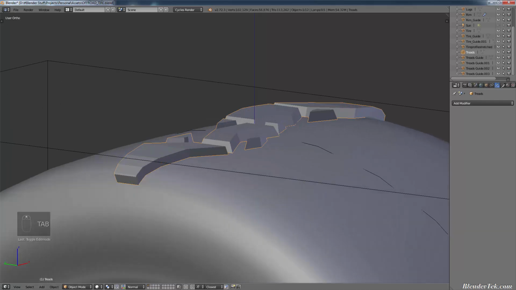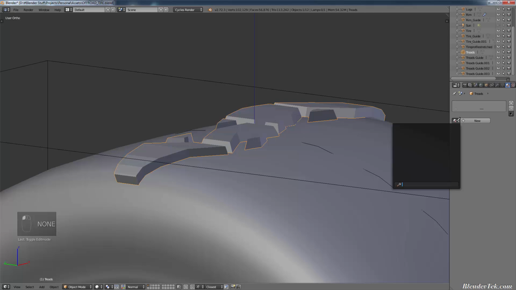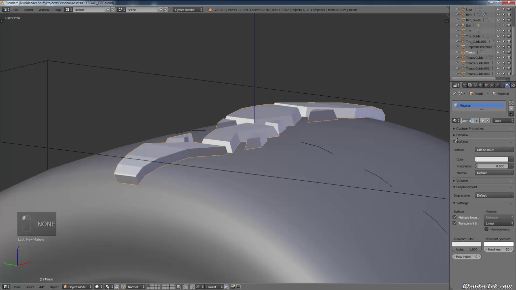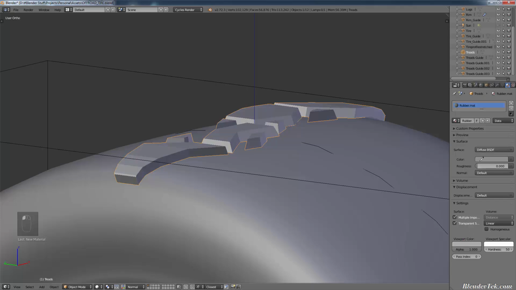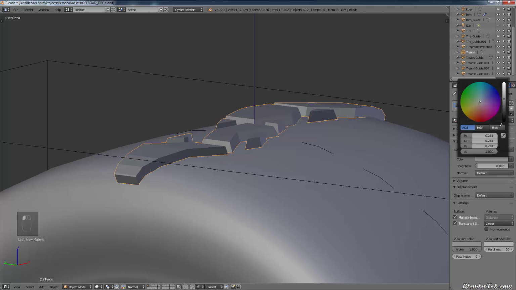So at this point, we could give it a basic material. Do I already have rubber? No. We are going to need rubber eventually, so I'm going to make a material called rubber. I'm going to give it a diffuse color of just a nice gray, not too dark, otherwise it'll be hard to see our lines for now. I'm going to drop this into the viewport color, maybe a little bit darker. Drop that into the specular, and then make the specular just slightly lighter. Could even go a little bit darker. I just don't want it so dark